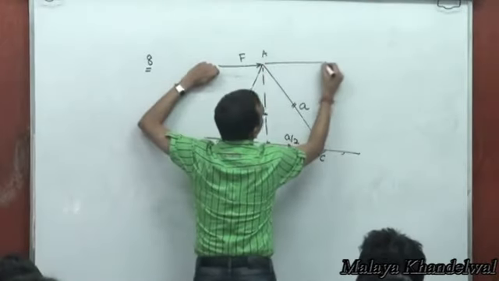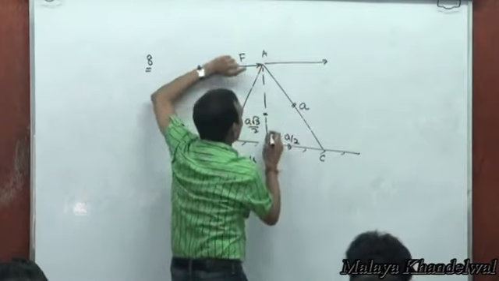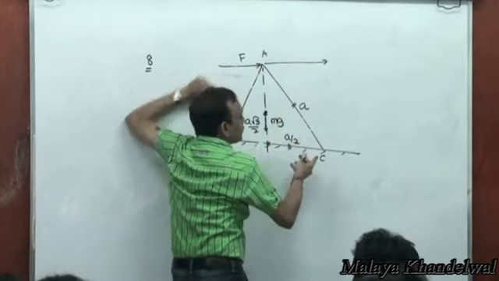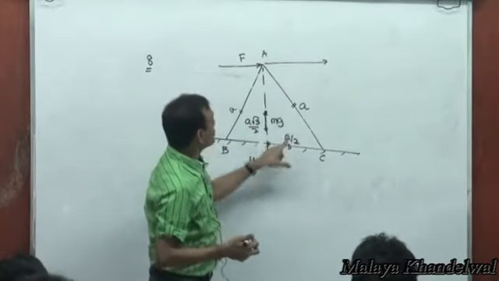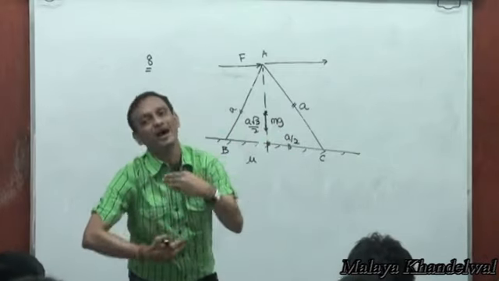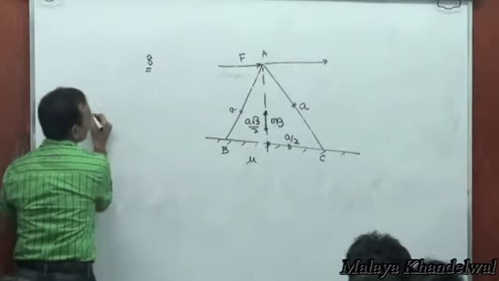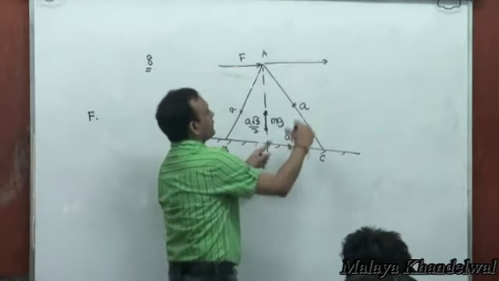This F about C will produce a clockwise torque, whereas mg about C will produce a restoring anti-clockwise torque. So if the torque of F just about exceeds the torque of mg about C, then it's going to topple about C. So for it to topple about C, the torque of F about C is F into the moment